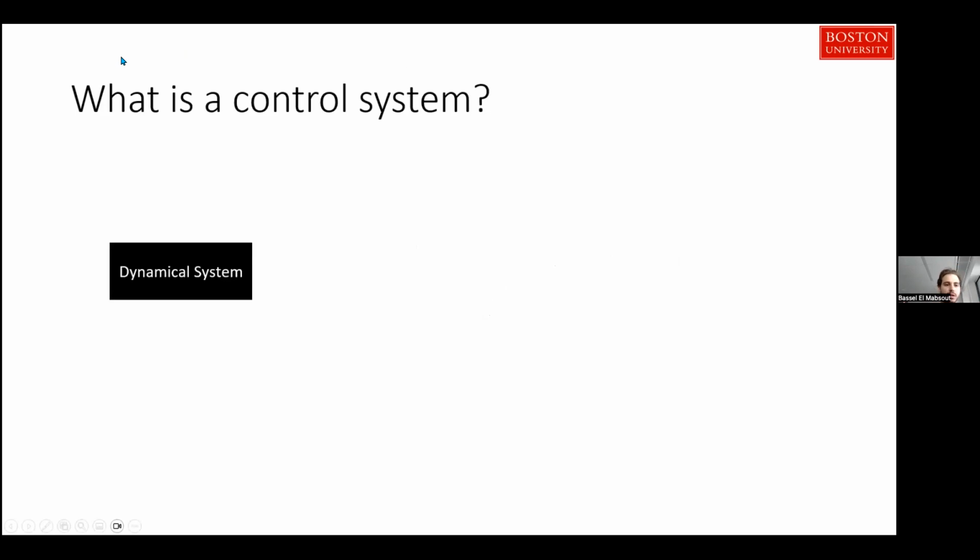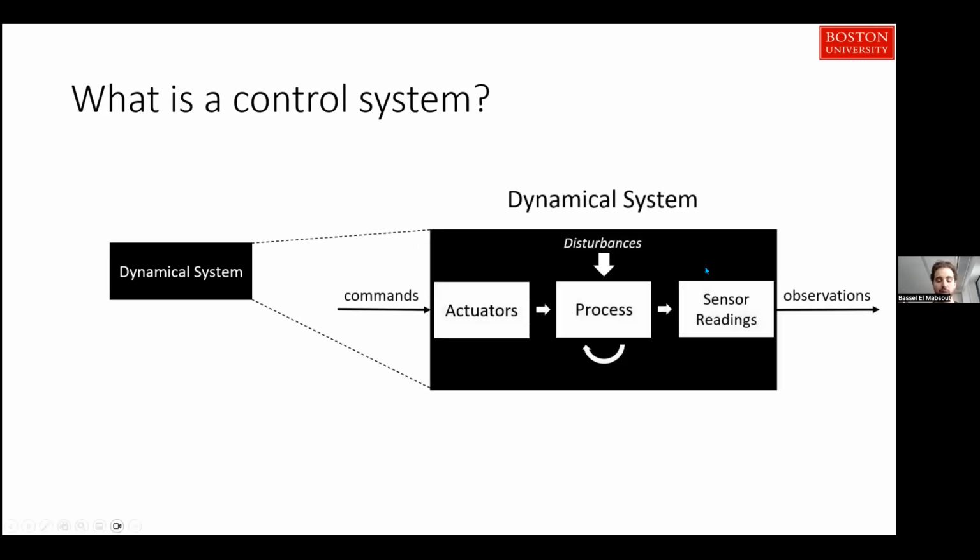So first I'll start off by mentioning what is a control system. What is this thing that we're controlling to begin with? I'll mention what a dynamical system is and what a controller is. A dynamical system is represented usually by an actuator, a process, and sensor readings. In general, it's some sort of physical system